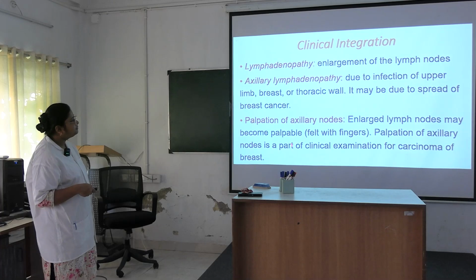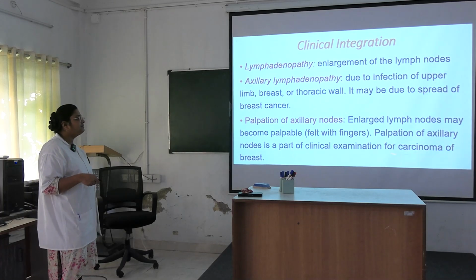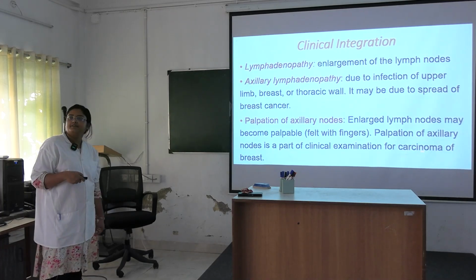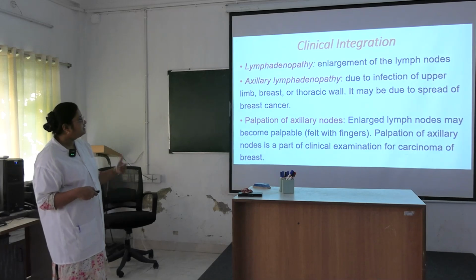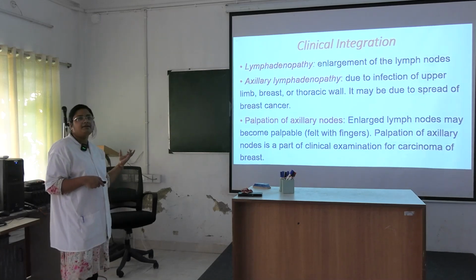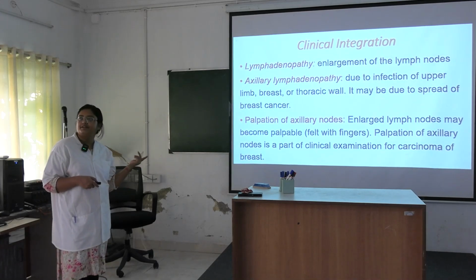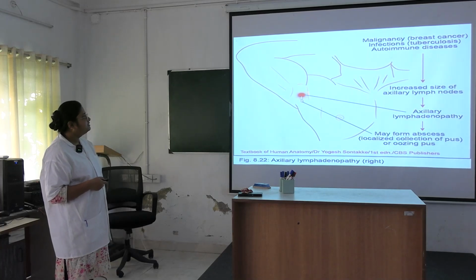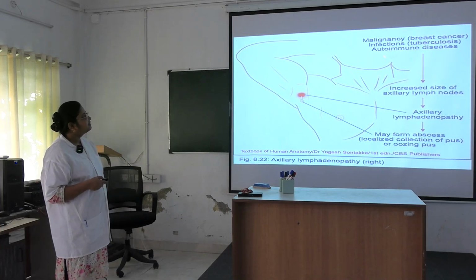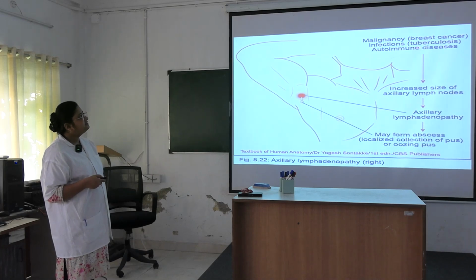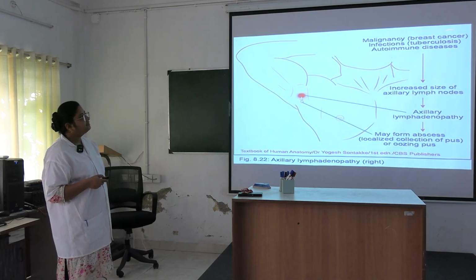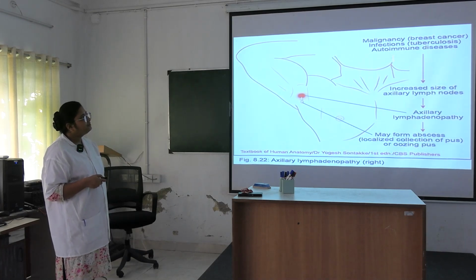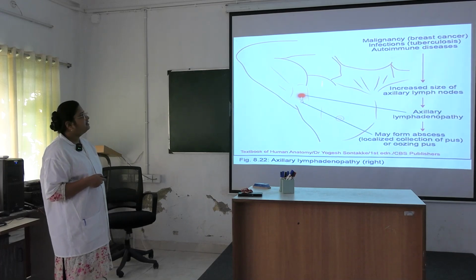Palpation of axillary nodes is a part of clinical examination for carcinoma of the breast. Very frequently there will be palpable lymph nodes in carcinoma of the breast. See here, one enlarged lymph node has been shown. In malignancy or breast cancer, or infection such as tuberculosis, or in some autoimmune diseases, there may be an enlarged lymph node,